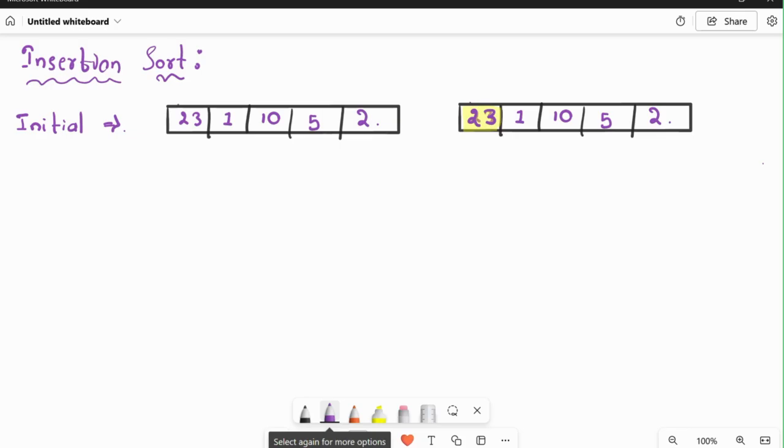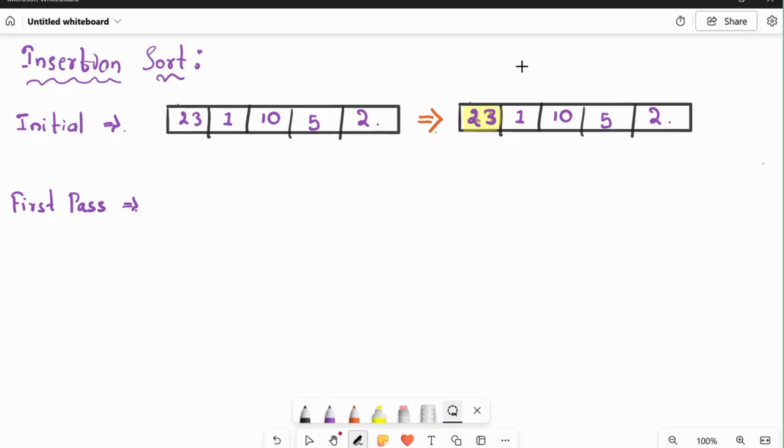This is what we will assume. Now in the first pass,